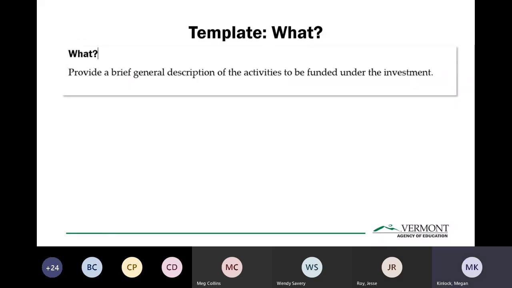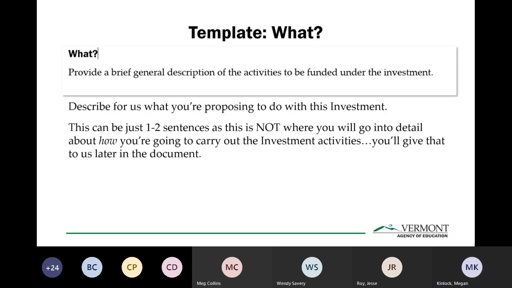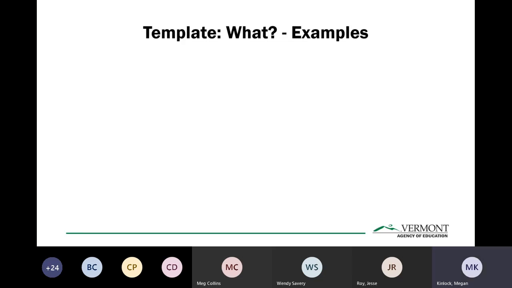In the what section of the template, you're going to let us know what it is you're proposing to do with this investment. This can be simply one sentence. I'm not going to go into great detail here about how you're going to carry out the investment activities. You're going to give that to us later in the document. So some examples of